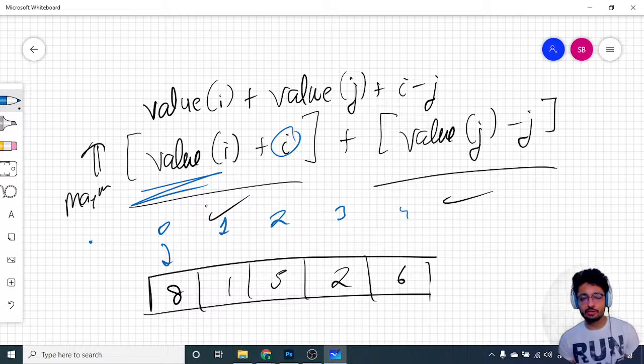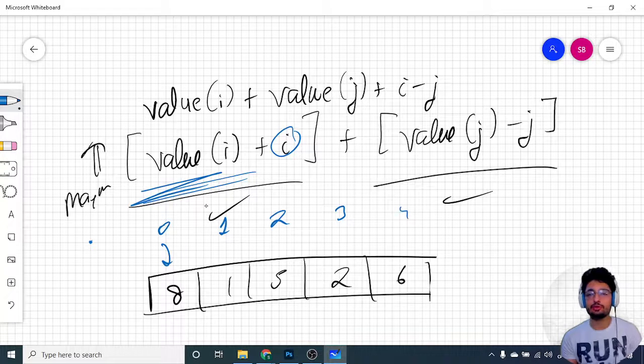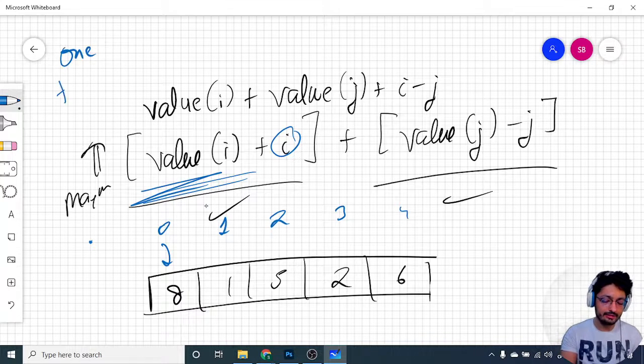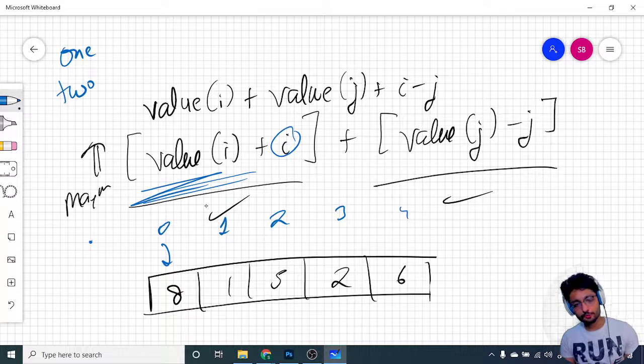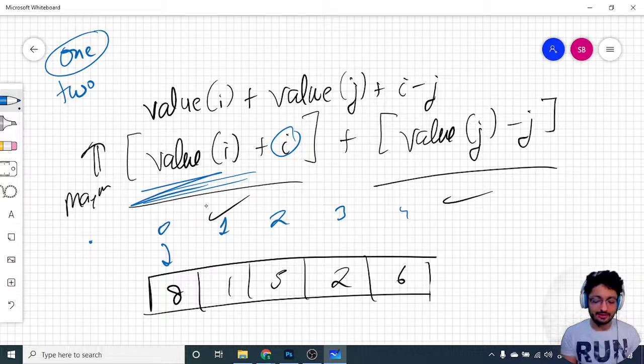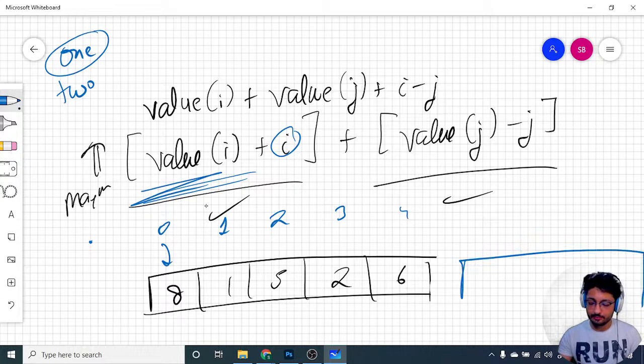Now if I want to maximize this value, I can keep track of a variable, such that I have two elements in a pair, 1 and 2, and the first one is just storing. So you can make a DP table or any table for storing.